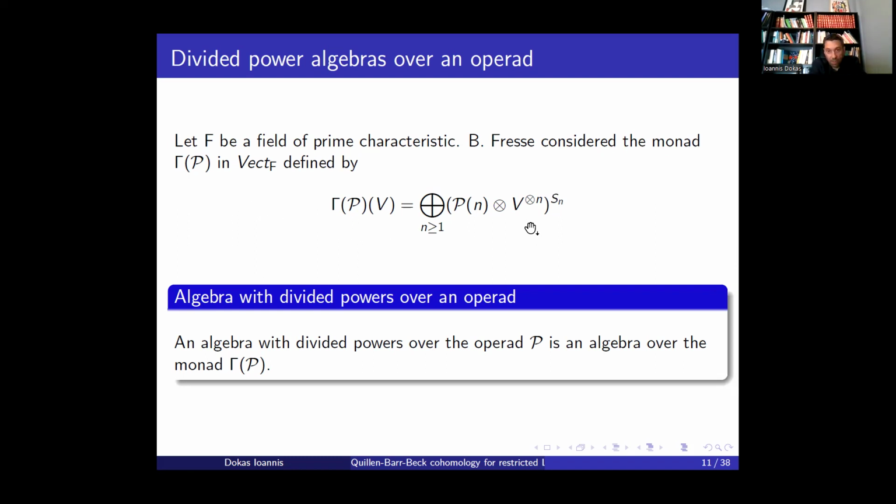Somebody can prove that this is a monad in the category of vector spaces and define an algebra with divided powers over an operad P as an algebra over the monad Gamma P that we have here. Now, the first examples are the following. If you take P to be a commutative operad, then